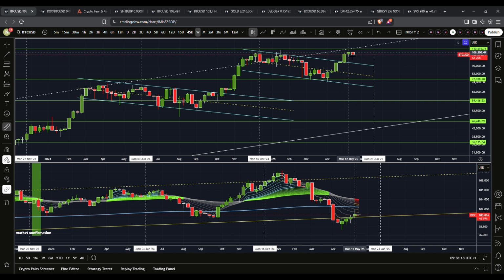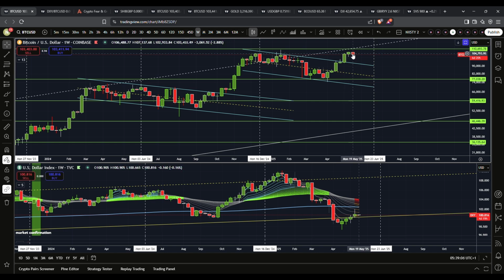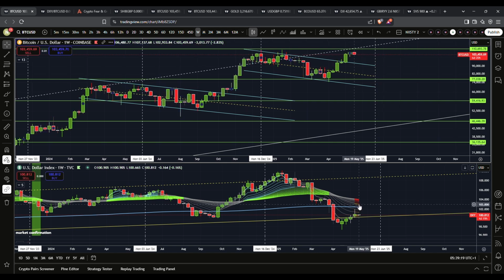So we can see that this weekly candle close, Bitcoin closed this candle at around $106,473. So 106,473 is the new all-time high in terms of body close. Of course, the high was around 106,692. So yeah, we had this close and we were still silver, and we just switched. You can see that we switched from silver to red,